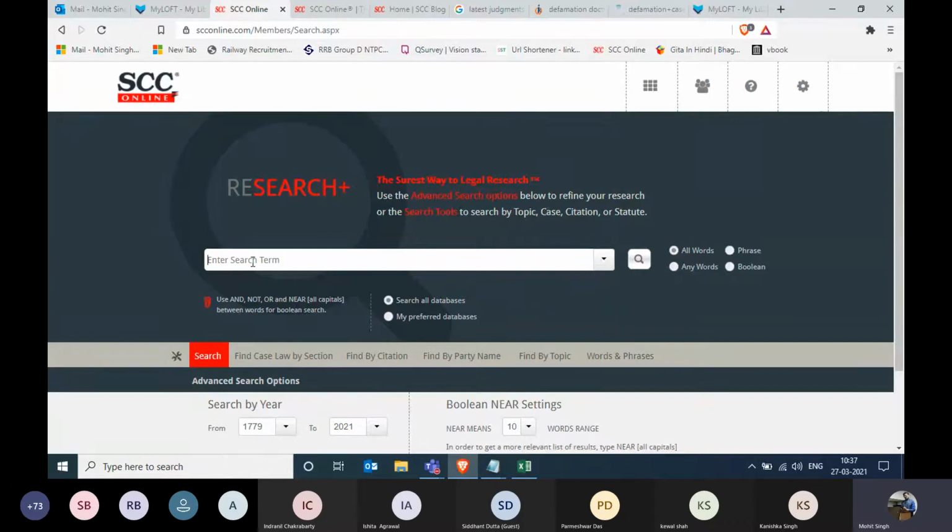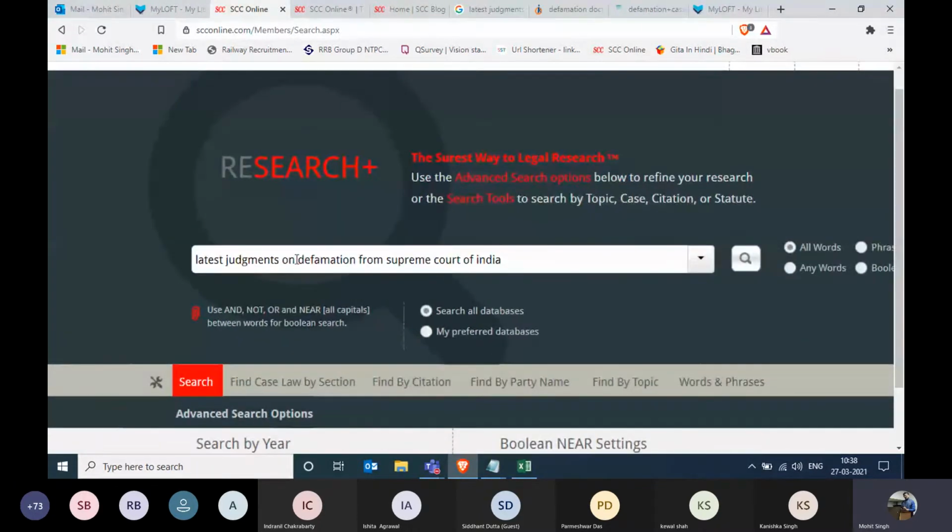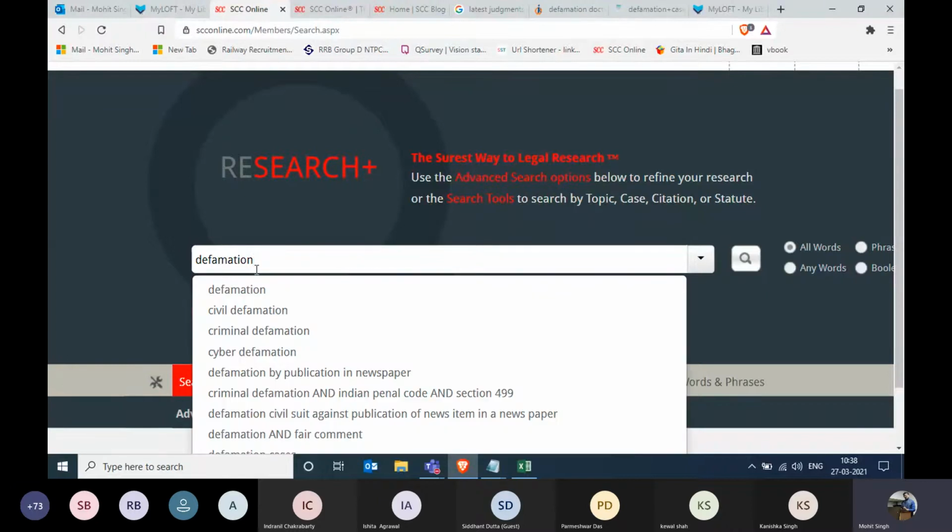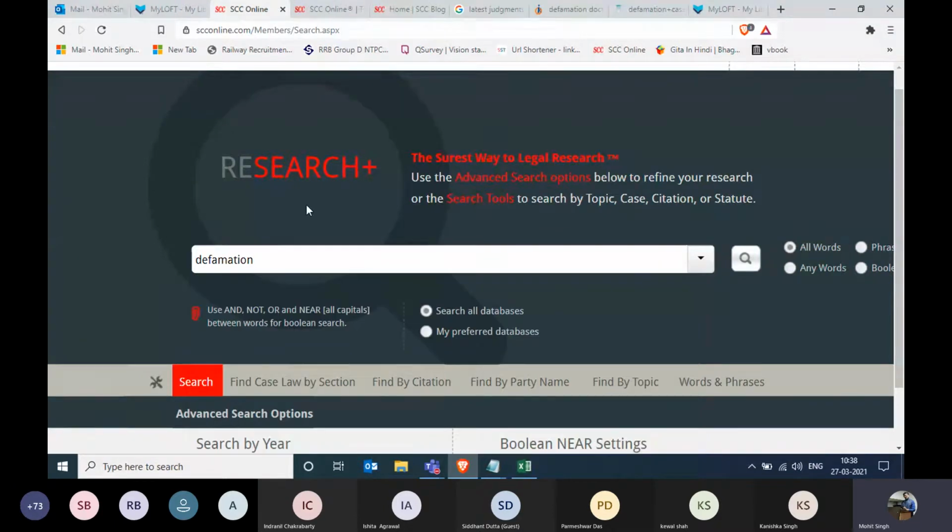But when you're working on software such as this one, you do not need to mention every minute detail of that particular query, such as whether you're looking for the oldest or the latest. Similarly, you do not have to mention whether you're looking in a particular category or not. Why? Because every legal research software, such as SCC Online, such as Manupatra, such as any other software in the market, always has its own options that you can click on.